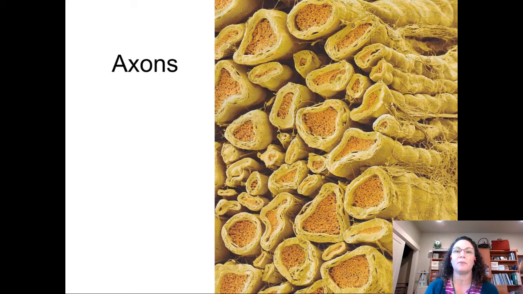And you'll notice that this is a bundle of axons. This is not a single neuron. This is a bundle, and it's actually a cross-section of what we would call a nerve, where you've got a bunch of axons all traveling together to some location. This could be the optic nerve carrying information from the eyes to the brain. It could be a nerve that's going to go out and move your thumb. I'm not sure where this came from exactly in the body, but it's a cross-section of a bundle of